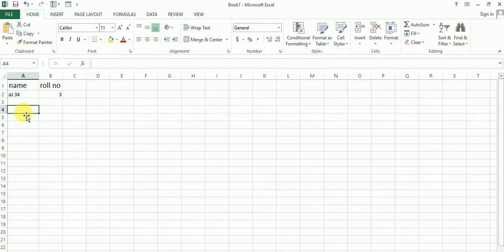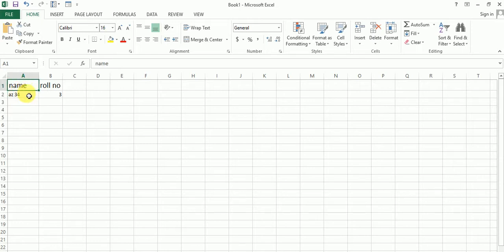You can see this column has only alphabetical values, so you can call it a field.